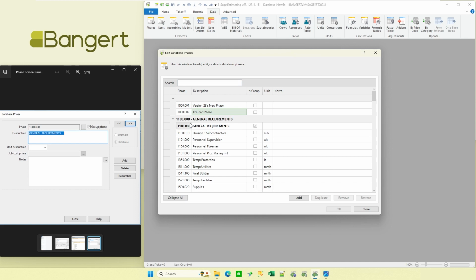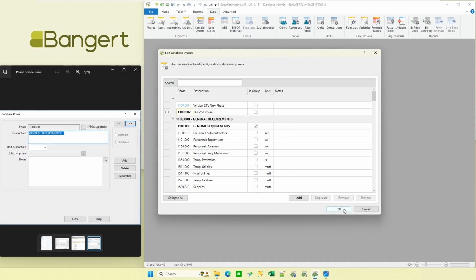So as I can see here, apparently I messed up my numbers. I made them 1,000 instead of 1,100. It looks like it was what my general conditions database was, that I wasn't paying attention here. Renumbering can be as easy as just coming in and changing the number here. So I could say, that's really going to be 1,100. And maybe this is really going to be 1,100.